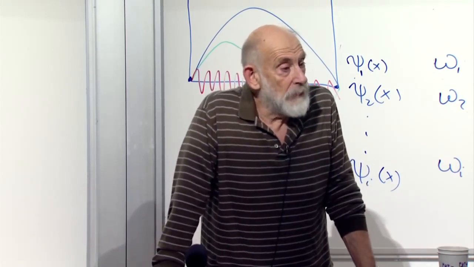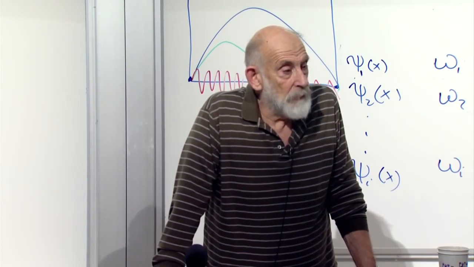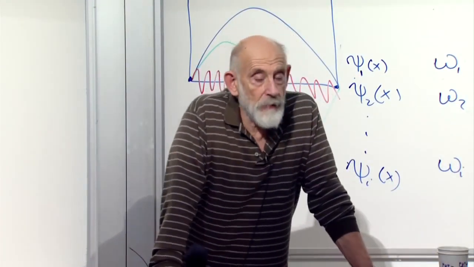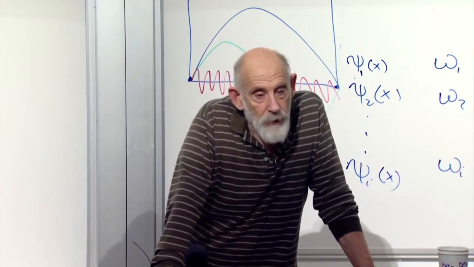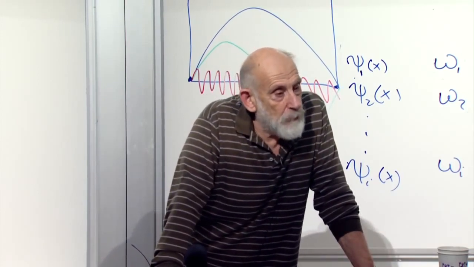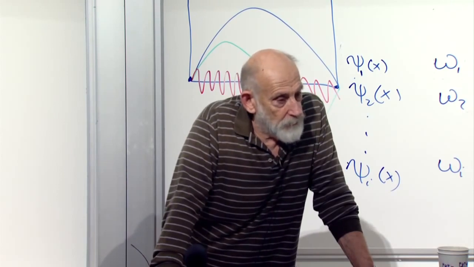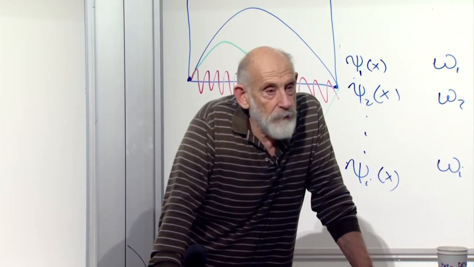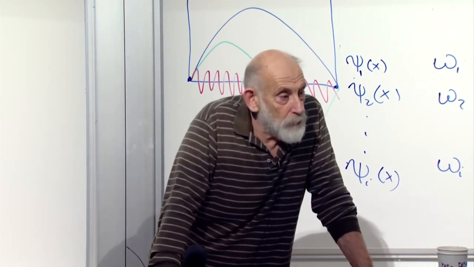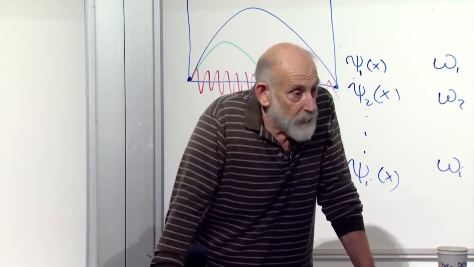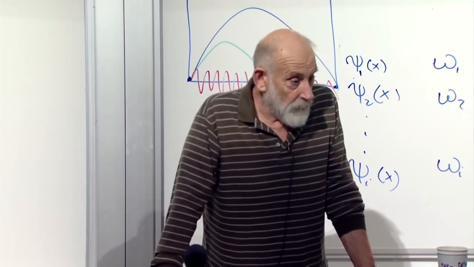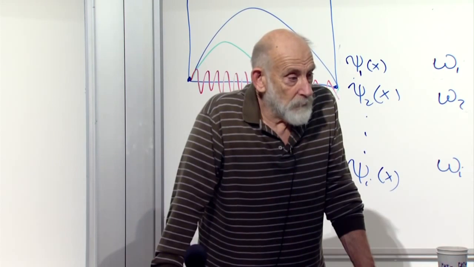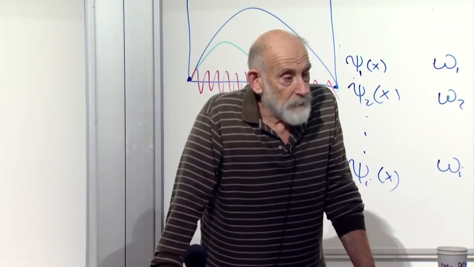What's that? The energy levels aren't spaced evenly in the box. No, that has nothing to do with it. It's not the energy levels of the single particles in the boxes which are evenly spaced. It's the energy levels of no particle, one particle, two particles, three particles, which are evenly spaced for each oscillator. Right. But isn't it, when you get a simple harmonic oscillator for a single particle, the energy levels are all evenly spaced apart? Yes.